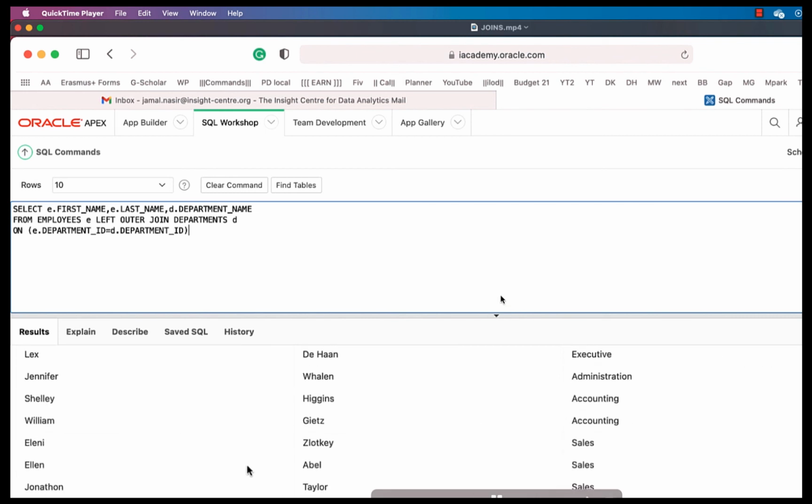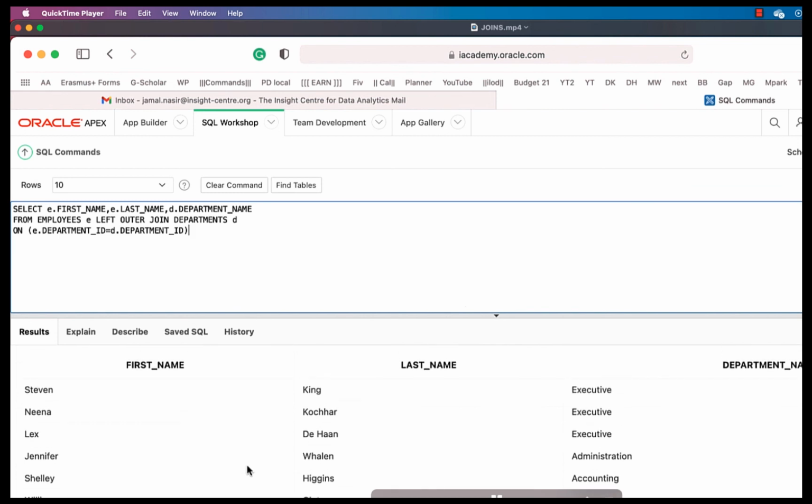We can sort this data so that we can see. Same is the case with right outer join.